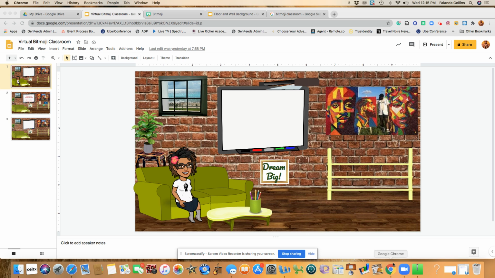Collins, and today I am going to be sharing information with you with regards to how to create a virtual Bitmoji classroom. Many teachers will be engaging students in distance learning, so this is a way to create a virtual classroom, and it's a way to be able to put various things into the virtual classroom that students can readily